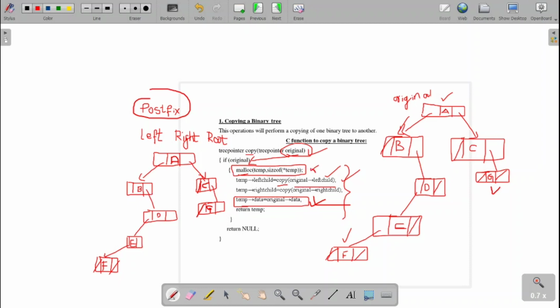Before that, we go for copying the left child, then we go for copying the right child, then we go for copying our root element. So this will create the same tree as we had earlier, a replica of the same tree. Now this is regarding copying a binary tree. That replica can be used for your application. Instead of working with the original tree, you can make a replica, and that replica can be used for your additional operations. That will be your copying a binary tree.